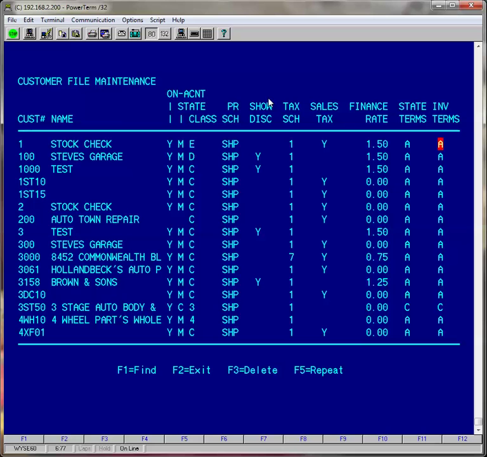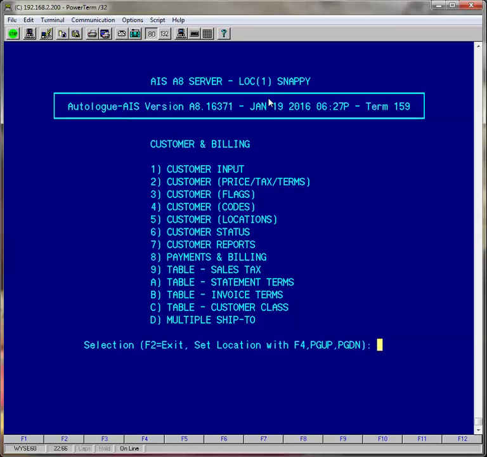Okay, now I'm going to touch on statement terms and invoice terms notes first when I leave this screen. If you look here, we got A's mostly because that's the default. Here's a guy with a C. Okay, I'm going to exit one time, F2. Now if I go here, we got